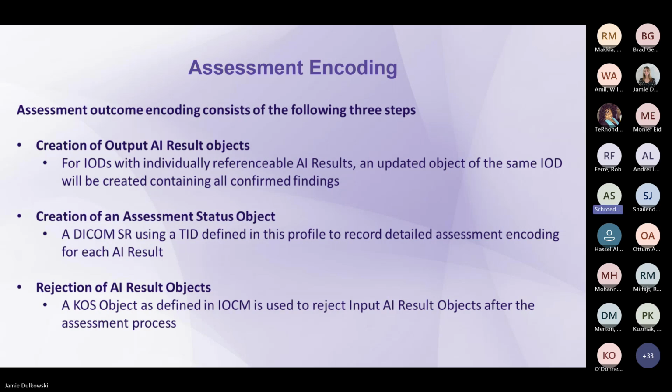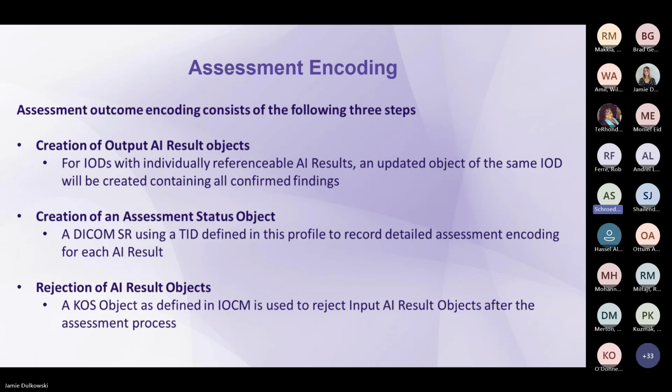So with all that, we started thinking about what we need to do for the encoding of the assessment results. Basically, we have 3 steps associated with that. First of all, we create output or updated AI result objects. For example, in the context of an SR, if we have 5 lung nodules, of which 3 are valid, 2 are invalid, and perhaps there is one which the algorithm has missed. So we create a new DICOM SR, which contains the accepted findings, the new findings, and will definitely not include